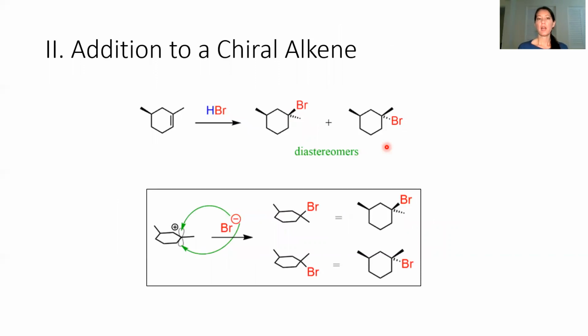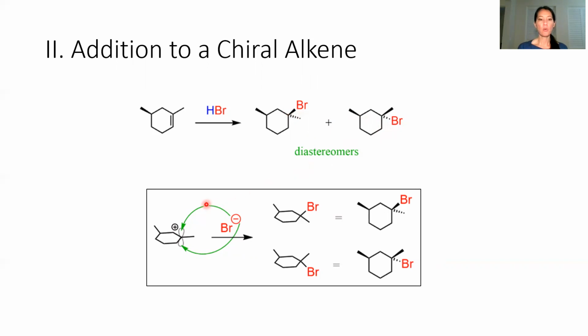What if we already have a chiral center? So here I have a cyclohexene, and it already has a methyl group here that is a stereocenter, and this methyl group is set up. I don't have up and down. I only have up. So if I went ahead and did a hydrohalogenation, this time with HBr, it'll still go through a Markovnikov addition. So our bromine will add to the more substituted carbon onto the tertiary carbocation. I will get my bromine here, but again, there is no preference to come from the top or the